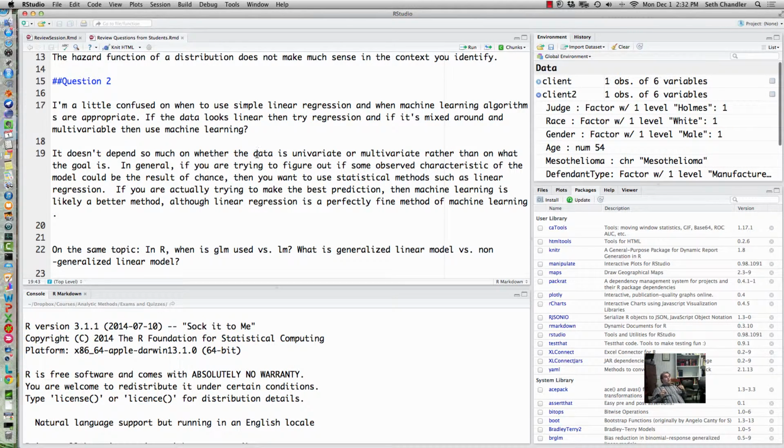If you are trying to prove to someone that some factor is statistically significant, that is, some perceived relationship in the data is unlikely to have been caused by random forces, then you want to use a statistical method, and either linear regression or the somewhat linear methods like logistic regression or probit regression, or you could even use some nonlinear regression. But you're going to use a regression-based system, or you're going to use classical statistics such as a chi-square test or a Fisher test or something like that.